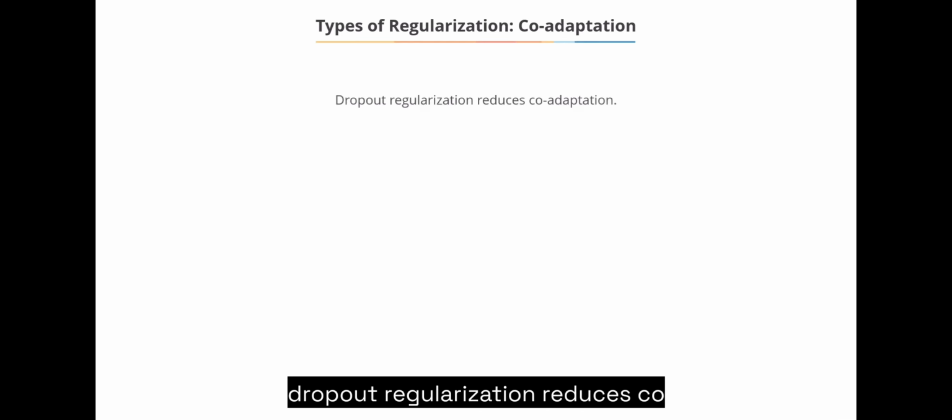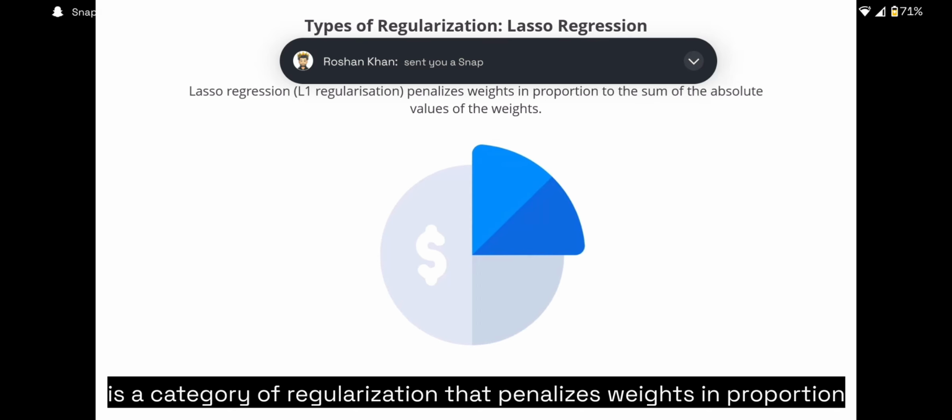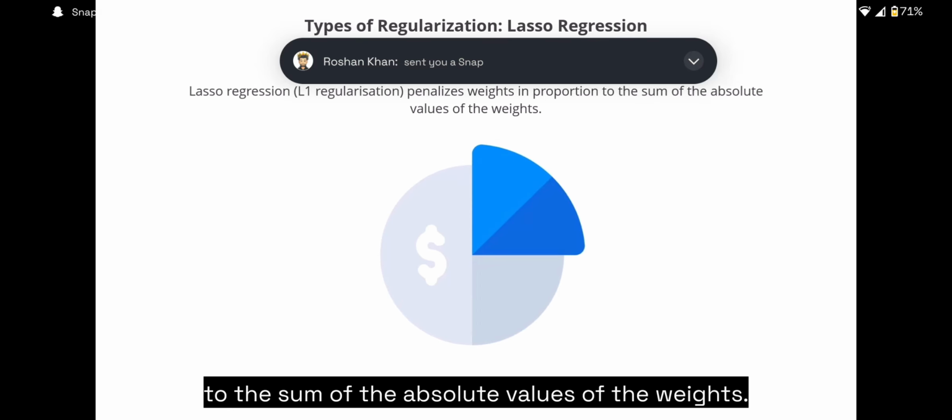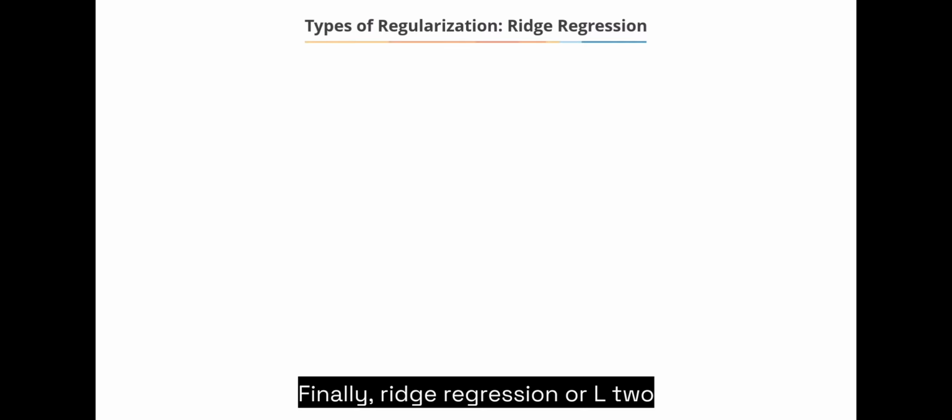Lasso regression, or L1 regularization, is a category of regularization that penalizes weights in proportion to the sum of the absolute values of the weights. It helps drive the weights of irrelevant or barely relevant features to exactly 0, which removes those features from the model. Finally, ridge regression, or L2